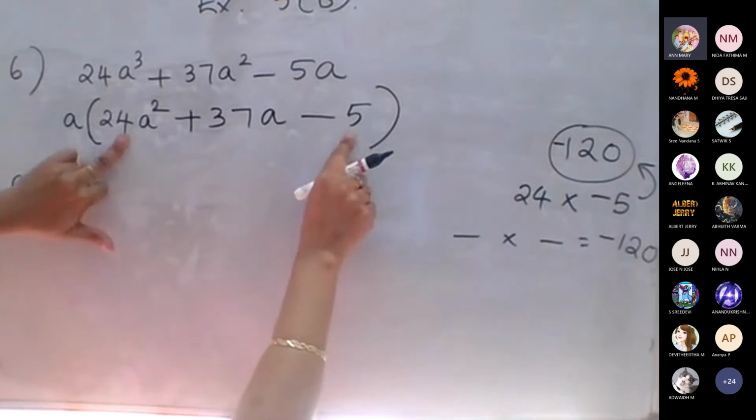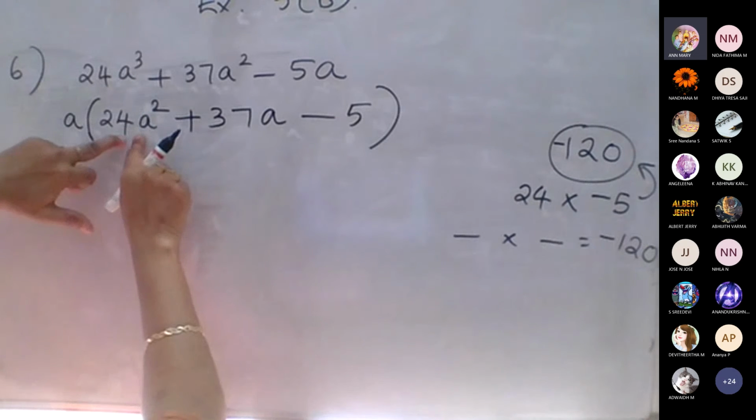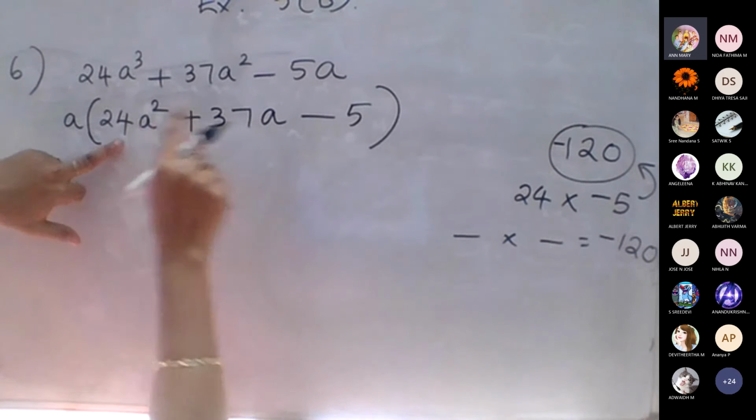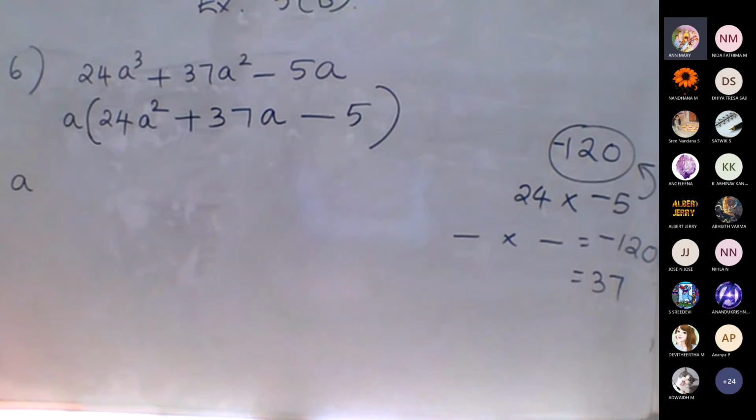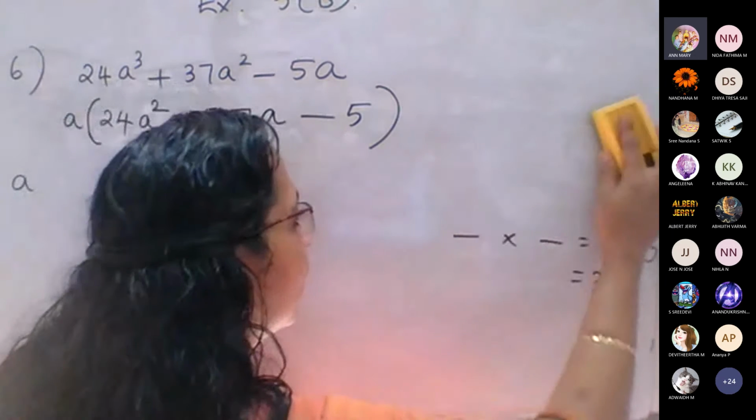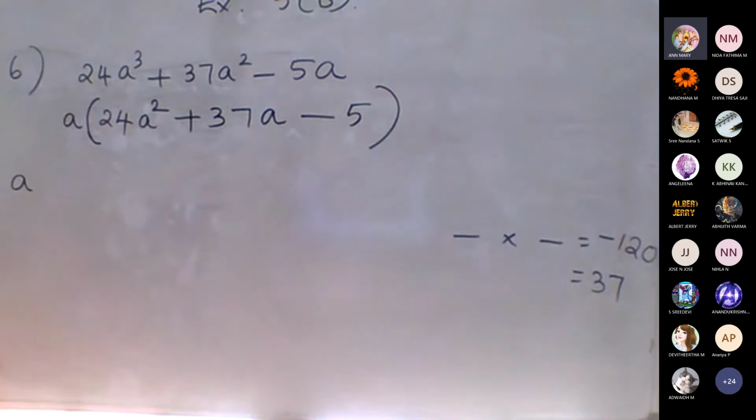That means the constant term multiplied by the coefficient of a square. Then next, if we add or subtract, we want to get positive 37, which are the two values. Better do the prime factorization method, that is better, I think. Whichever method is convenient, you can do. Or mental calculation, that also works, to find the two numbers.